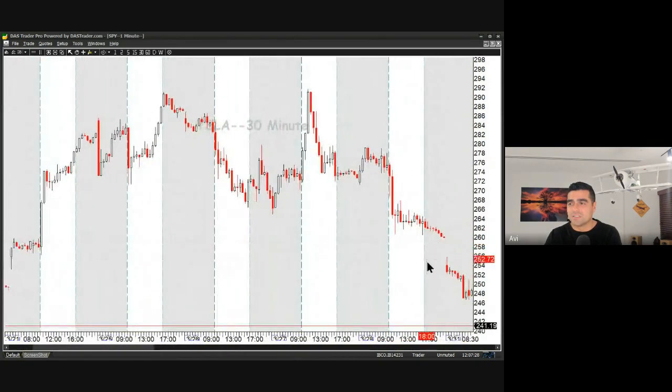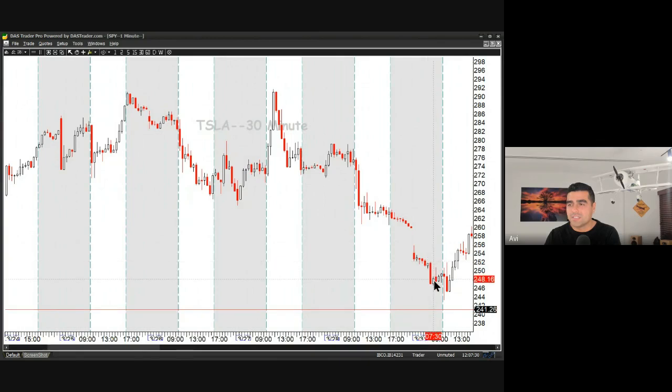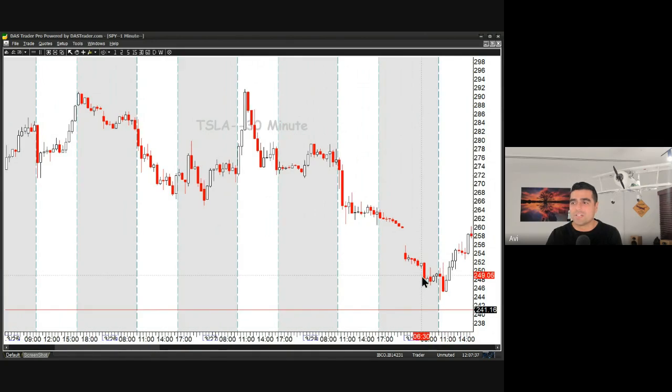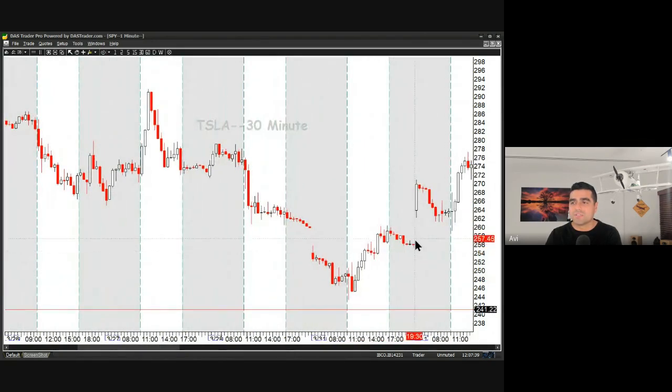What else we got? Gap down. And when you have these, you have the 8 a.m. range again. This thing got super choppy, so not worth trading. Let's see, what else do we have here? Yeah, went down, big bottom, reverse up. Very difficult to trade this. But you can see the top of the 8 a.m. candles